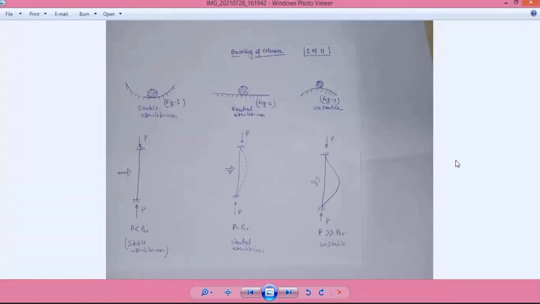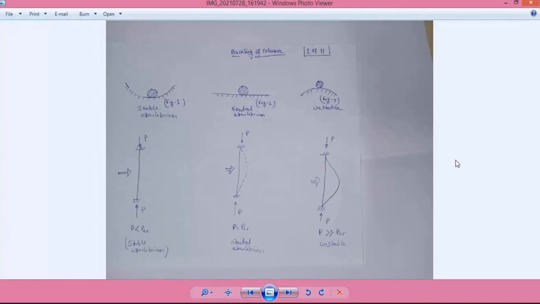Now figure 2 is called neutral equilibrium. If in this figure we put some horizontal force on this ball, and if we remove it, the ball will be in equilibrium position, but it never comes to its initial position. It is called neutral equilibrium. That means if we have a structure, and if we apply some load or some disturbance on the structure, after removing this disturbance or the force, the object will remain in equilibrium position but never come to its initial position. It is called neutral equilibrium.